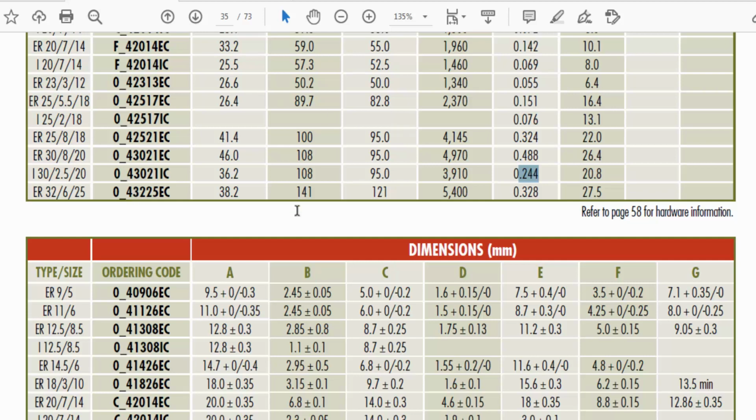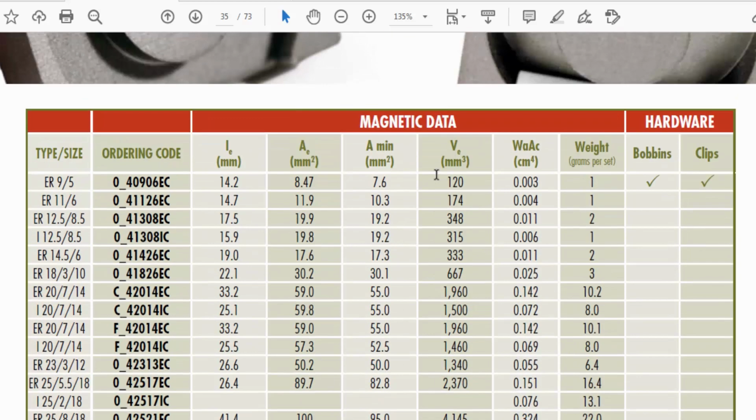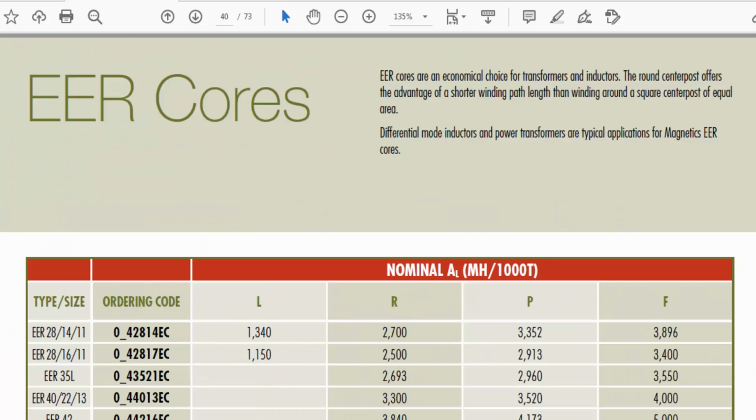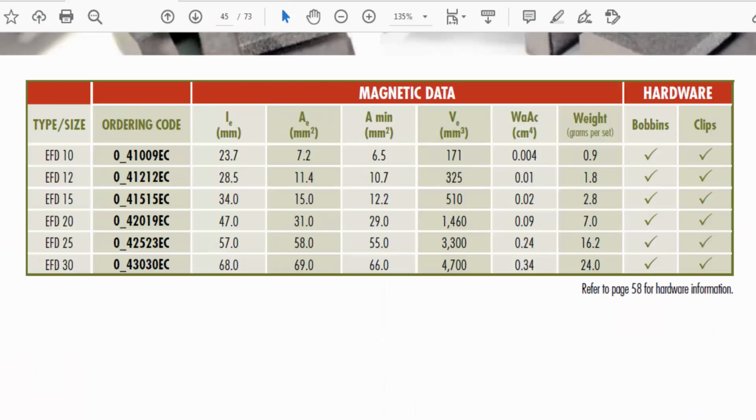Why? Because the required flux density will not build up. You have to select a proper core for designing a transformer.